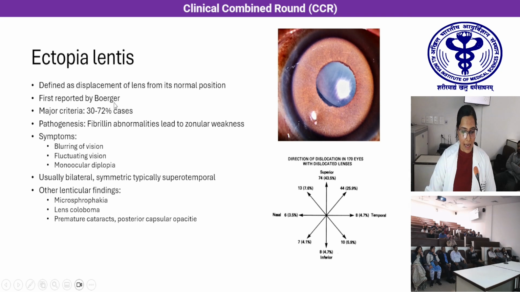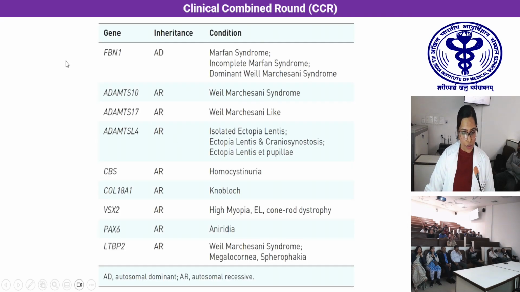So ectopia lentis is defined as displacement of lens from its normal position, and it was first reported by Boerger in cases with Marfan syndrome. It is present in 30 to 72% of the cases and occurs due to fibrillin abnormalities in the eye. Patient presents with blurring of vision, fluctuating vision, and monocular diplopia, and it is usually bilateral and mostly superotemporal. Other features due to the affected zonules can be microspherophakia, lens coloboma, and premature cataracts. Other associations of ectopia lentis could be Weill-Marchesani syndrome, isolated ectopia lentis with craniosynostosis or ectopia pupillae, homocystinuria, Knobloch syndrome,